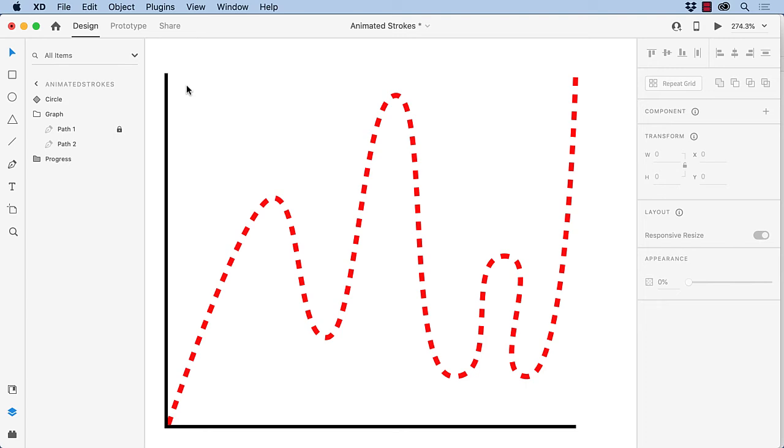To start, this graph was created with the pen tool, and the curves were created by selecting the anchor points and playing with the handles. So let's get started. As you know, an animated stroke is set by manipulating the stroke's dash and gap values. If you are working with this sort of irregular shape or line, there is a pretty interesting gotcha you need